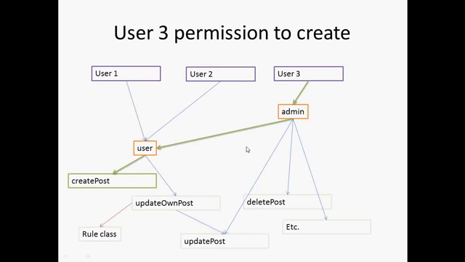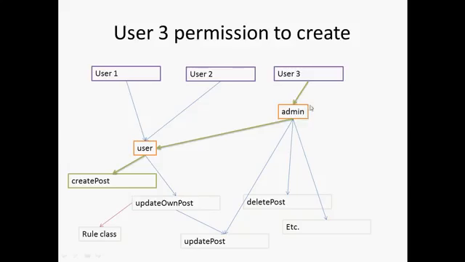So if we look at a slightly different example, what happens if user 3, who is an admin, wants to create a post? So the system asks, can this user create post? There's no rule attached, so it only has one parent, so it immediately goes up and says, is this a role that the user is in? Now the answer is actually no, because user 3 is not a member of the user role. But in this case, user does have a parent, so it will carry on the journey and reach admin and